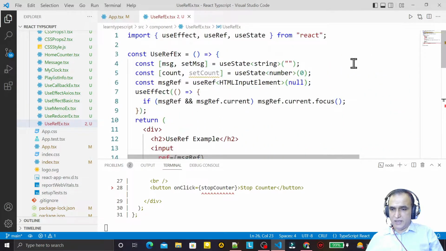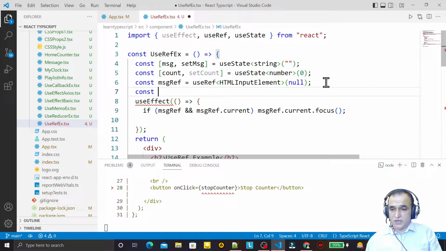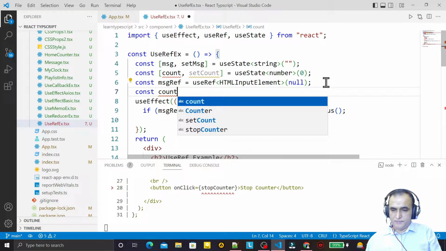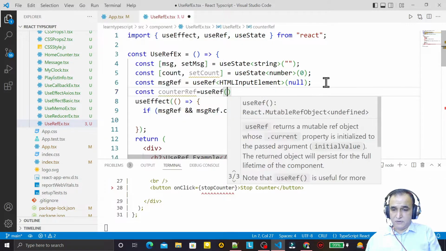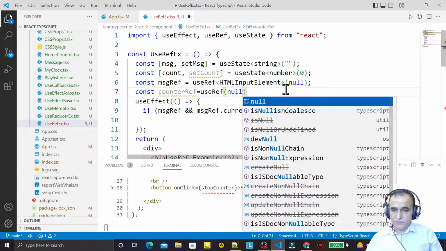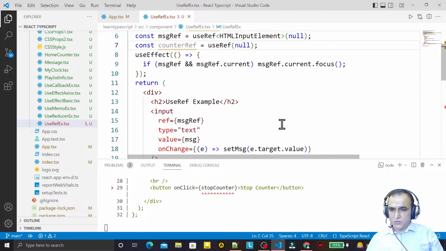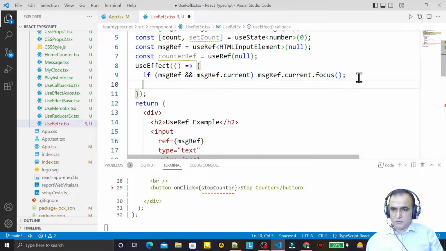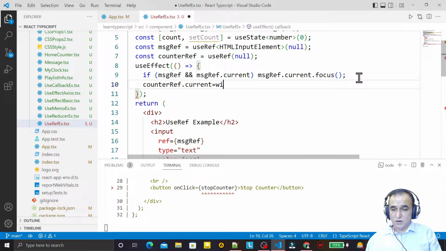So for that, again I create one function under this useEffect, and I will use this reference with the useRef function. So I say counterRef equal to useRef, and here I pass null, for example. Save this, and here I use this counter, so I say counterRef.current object would be of window